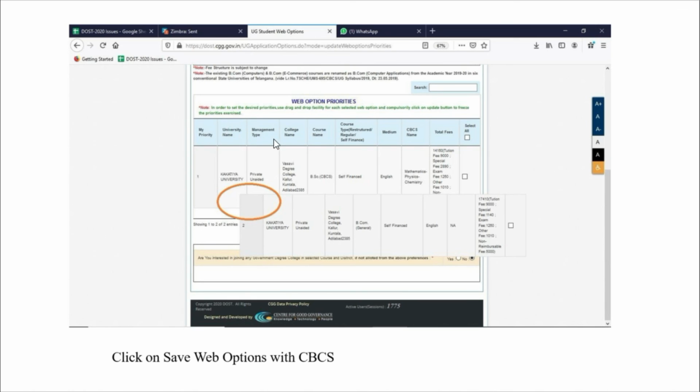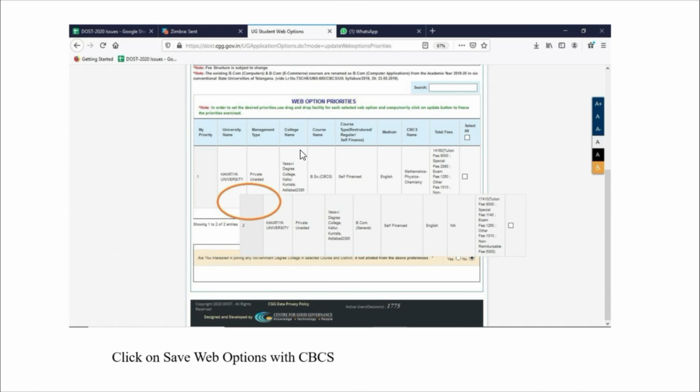You can see that it will show you certain options over there, such as the university, Kakatiya University, or maybe you are selecting Osmania University, and whether it is private, unaided. It will give you all the details, and then show you the fee structure in the last column. The courses will show MPC, BSc MPC, or the combination you like. Maybe you have a different option where you don't want M, so you can remove it and have one more subject instead. This is up to you.